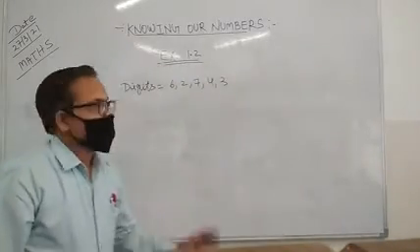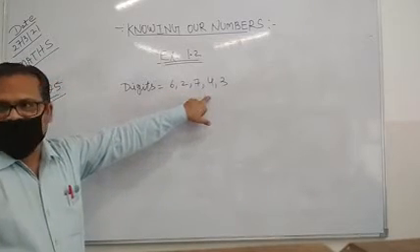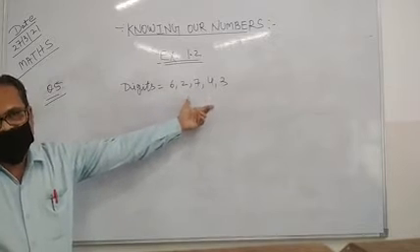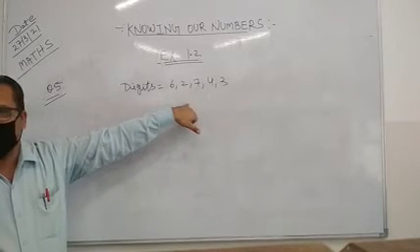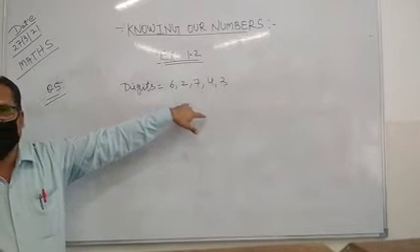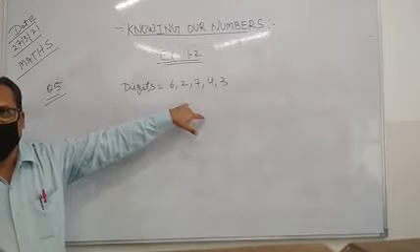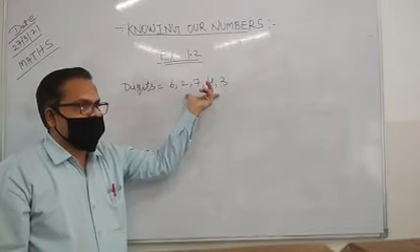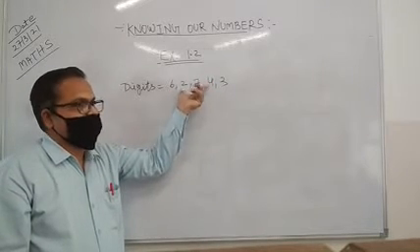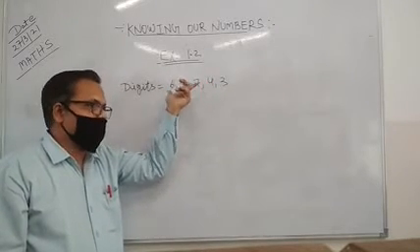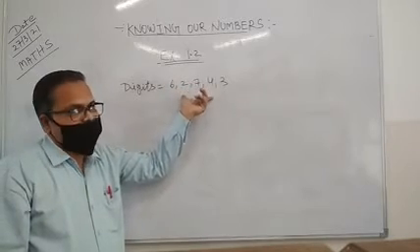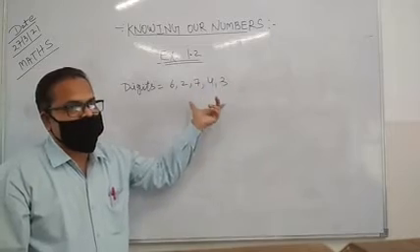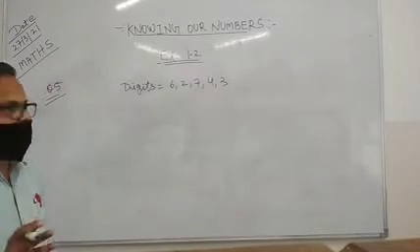Digits have been given to us, and we wish to form first the greatest, and after that the least number. What do you have to do? With the help of these digits, you have to form the greatest, and after that the least number. Now how can we make the greatest number and the least number? We will arrange the digits in descending order for the greatest and in ascending order for the least number. How many numbers? 1, 2, 3, 4, 5 numbers. So first of all we will arrange them in descending order.